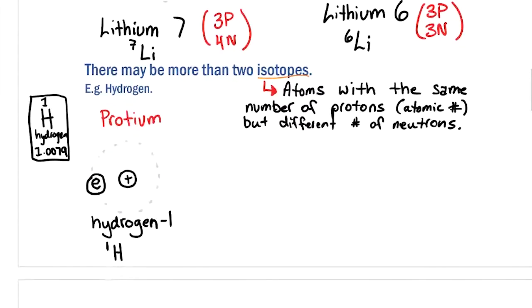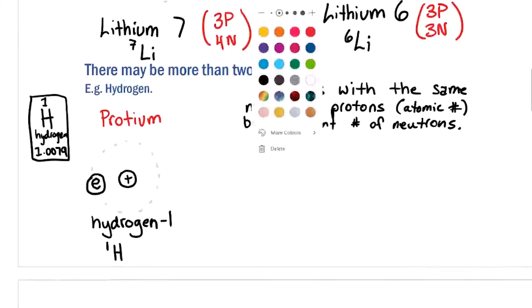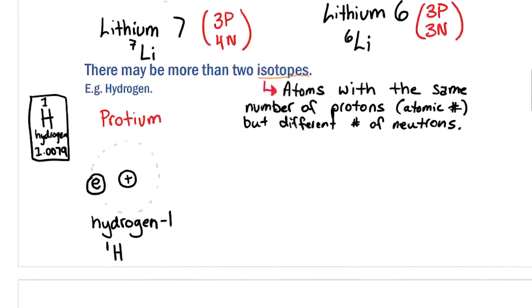Now, hydrogen 1, protium, is not the only isotope. I'm worried that you might not be able to see that orbital, so I'm just going to darken it up a bit like that. Because sometimes hydrogen exists that has still 1 proton. Hydrogen can only ever have 1 proton if it's going to be hydrogen, but it can also have a neutron. Now, to be electrically neutral, to be a normal atom, it would also have to have 1 lonely little electron like that. And now we would call this hydrogen not 1, but hydrogen